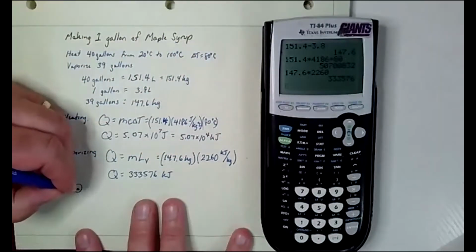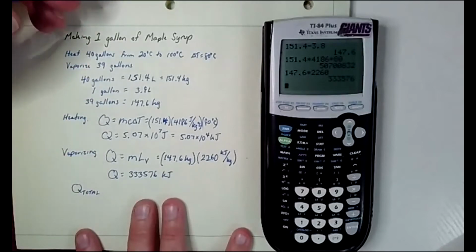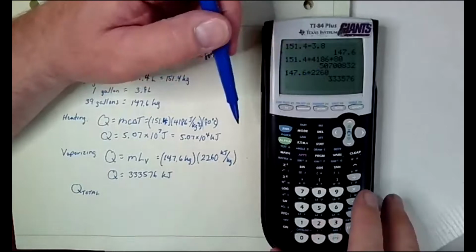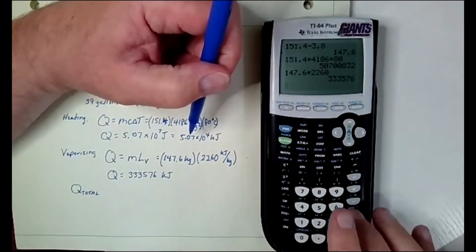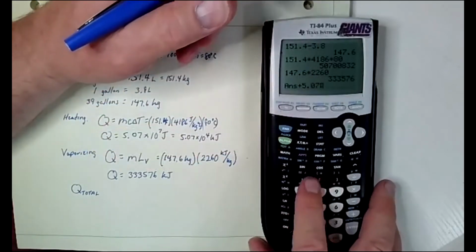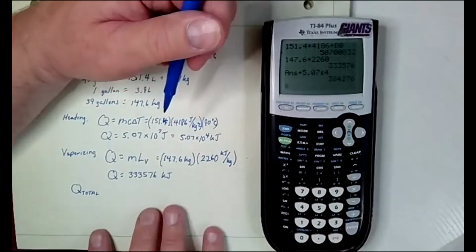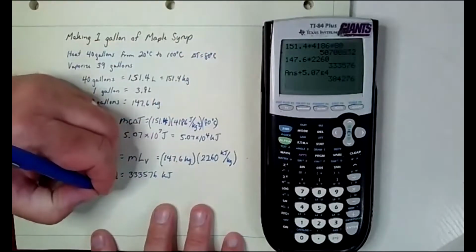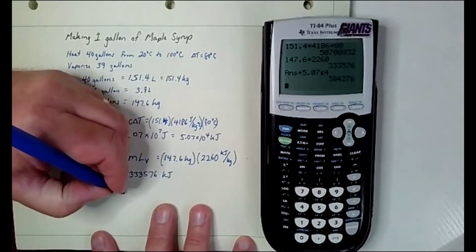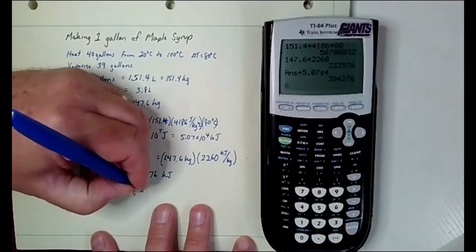And so Q total is going to be found by adding these two numbers together. Now I still have this on the stack here, and so I'm going to add in 5.07. And here's how you do scientific notation on a graphing calculator: second E and 10 to the 4th power. Right, so we added that in. And now I've got 384,276